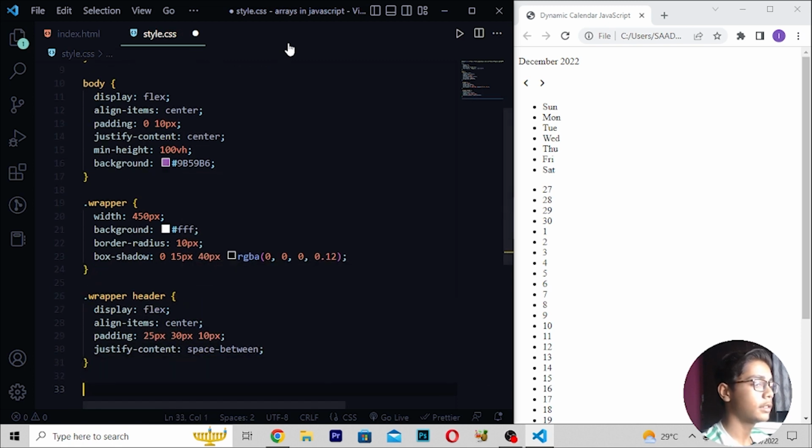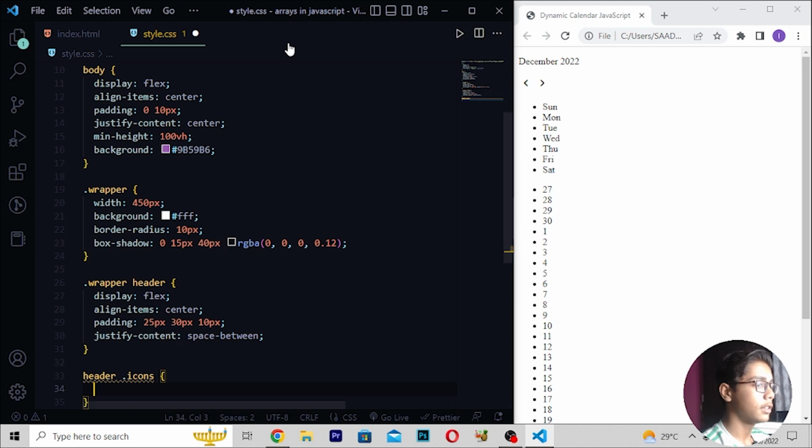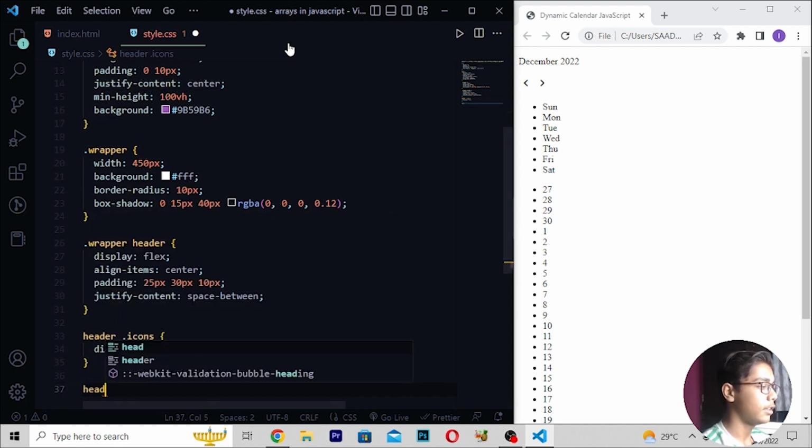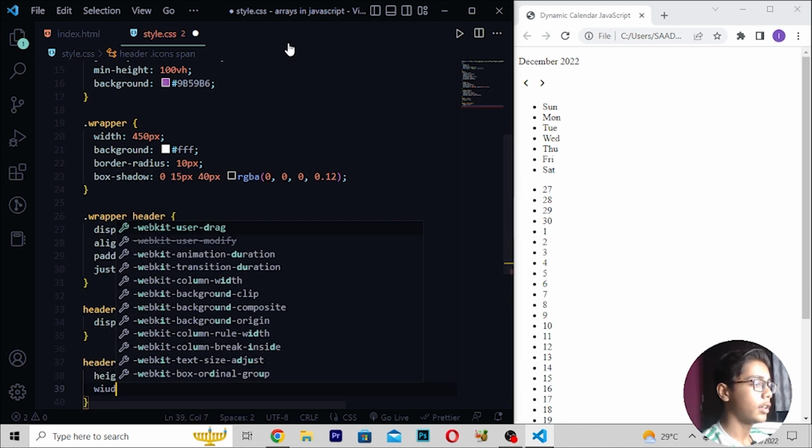Then when you've written this, here I will be now moving down, and after moving down here I will be writing header .icons. Then right here display flex right here header. Then I will be writing here icons span. So here I will be now moving at the top. Then here I will be now moving down right here height which should be 38, right here width.